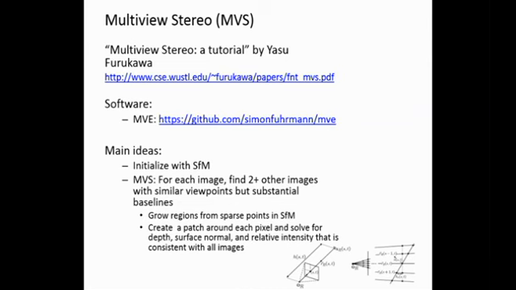So instead of just reconstructing individual points, you'll solve for the depth and surface normal and relative lighting of little 3x3 or 5x5 patches. Because you're solving for constraints for matching the patches,